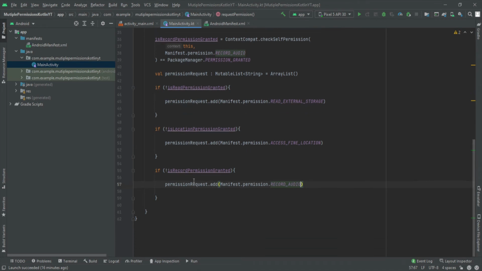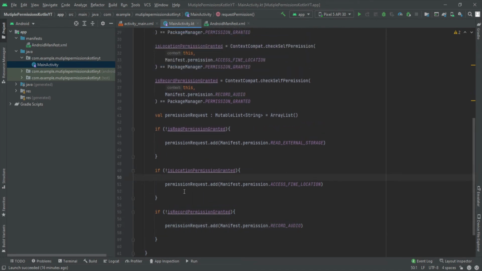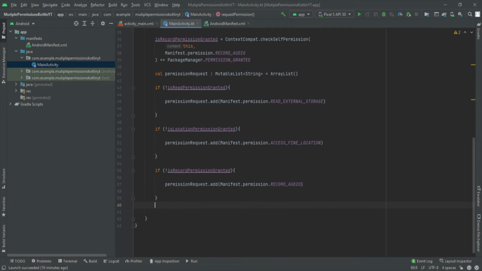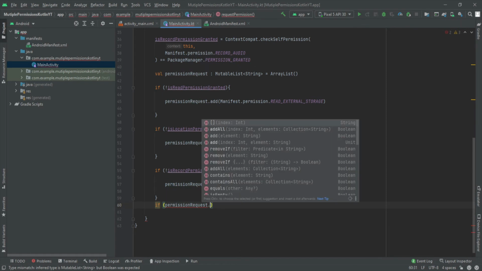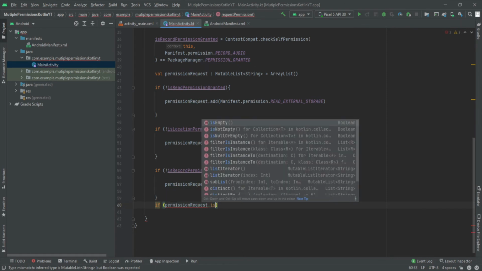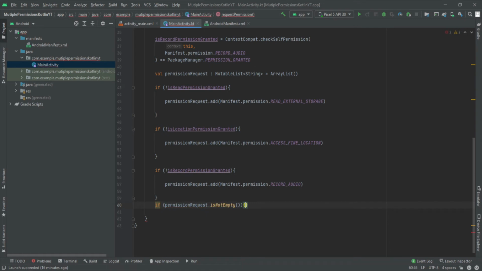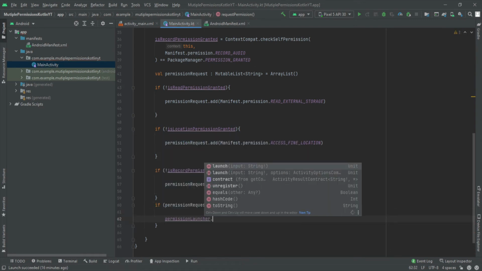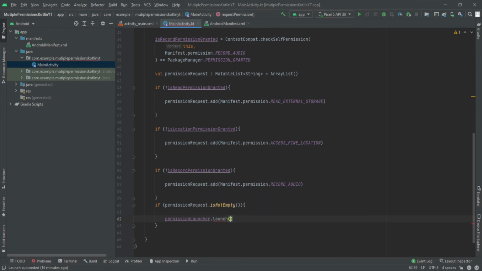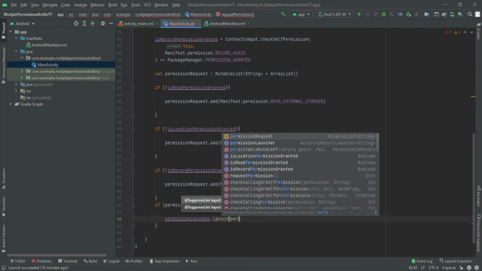Okay, we have added all the required permissions to our list. Now we'll check if permission request dot is not empty, then permission launcher dot launch, and here we are going to pass this list, right?